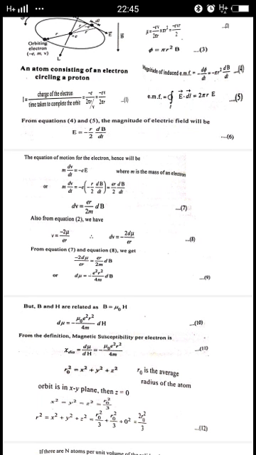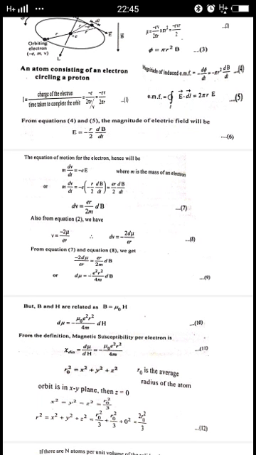Now we see that equations 7 and 8 are both of a similar type, that is, change in velocity is given in both expressions 7 and 8. From equation 8 we also see that the change in velocity causes the change in magnetic moment. You can see this d mu is the magnetic moment change, and this change in velocity is caused simply by the change in the magnetic field dB.